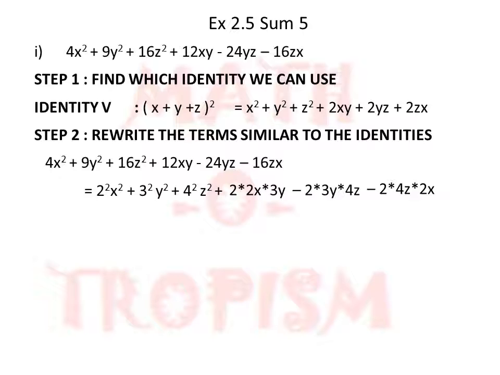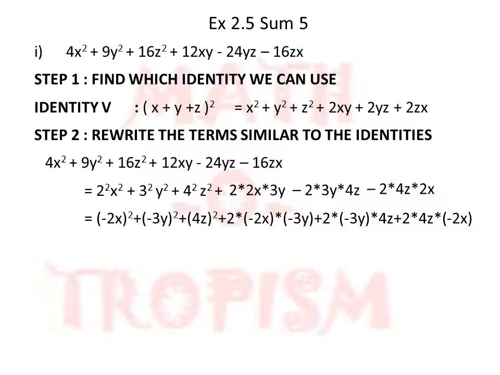Now when you look at the difference between the identity and the terms which we have written, in the identity all are plus signs. Here we have 2 minus signs available. So there are 2 possibilities. I will look into both the possibilities now. Here the xy term is positive, yz term is negative, and the zx term is negative. So I will first consider that my x and y terms are negative and my z term is positive, because only then 2 negatives will become a positive and 1 negative 1 positive will give me negative itself.